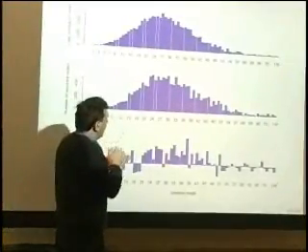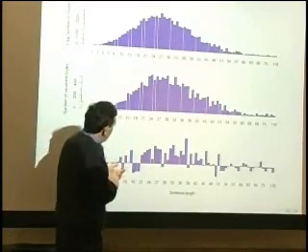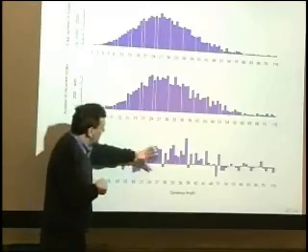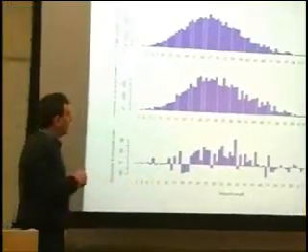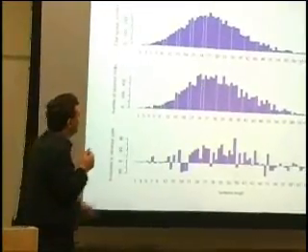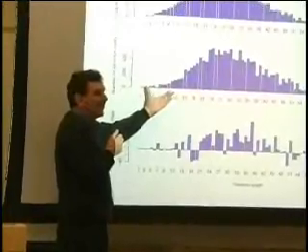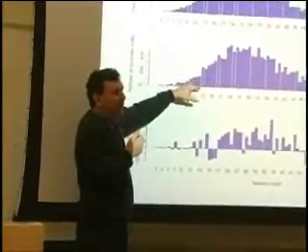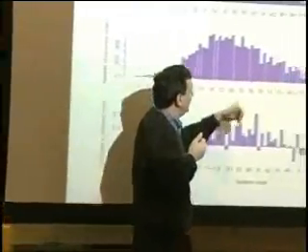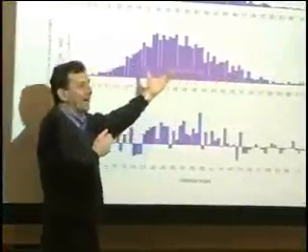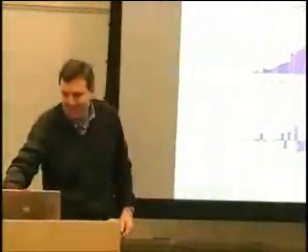If I compare the rescoring parser without self-training to the rescoring parser with self-training, you'll see that most of the gain appears at sentences of moderate length. We call this the Goldilocks effect. These sentences over here are too easy. We're already basically getting them right. There aren't many nodes that are wrong, so there's not much opportunity to make improvement. And these sentences over here are so hard, the long ones, that who knows, right?